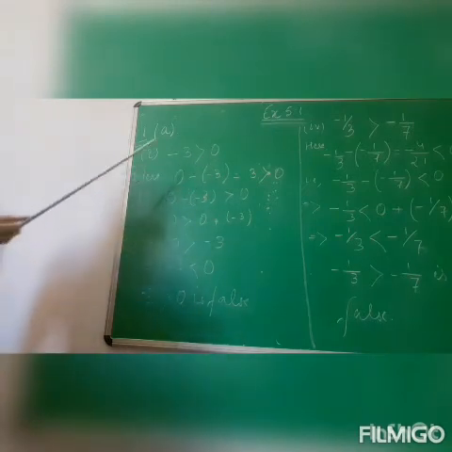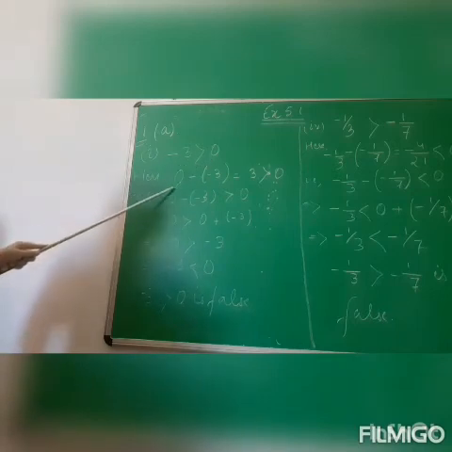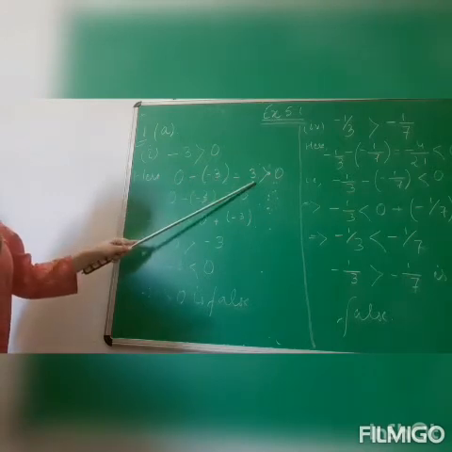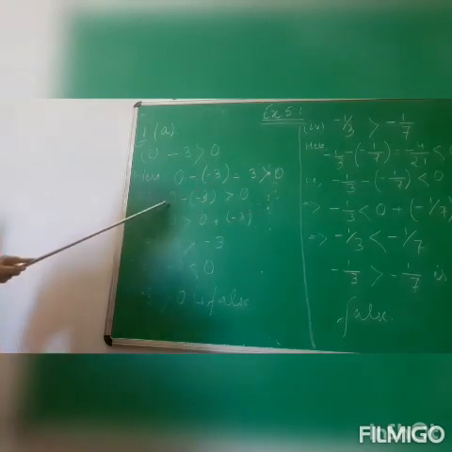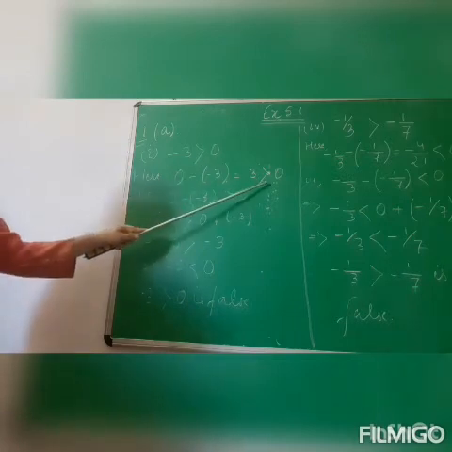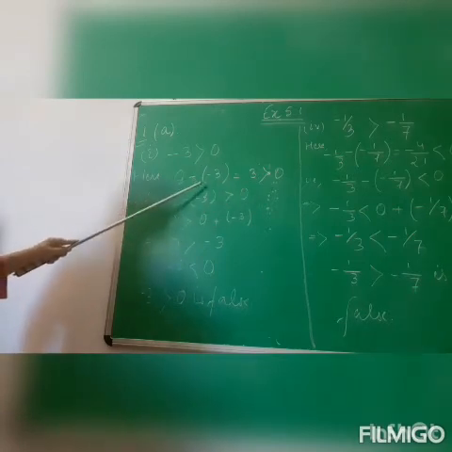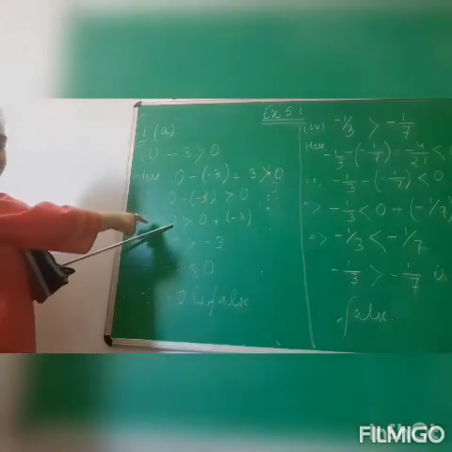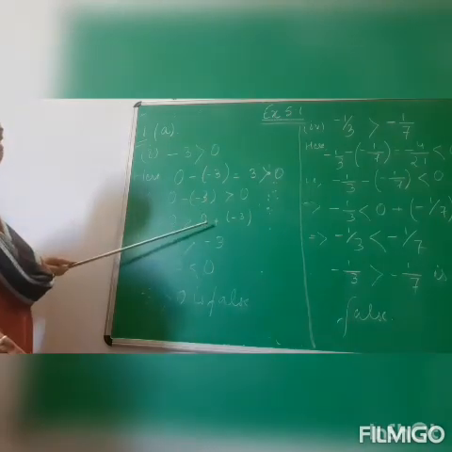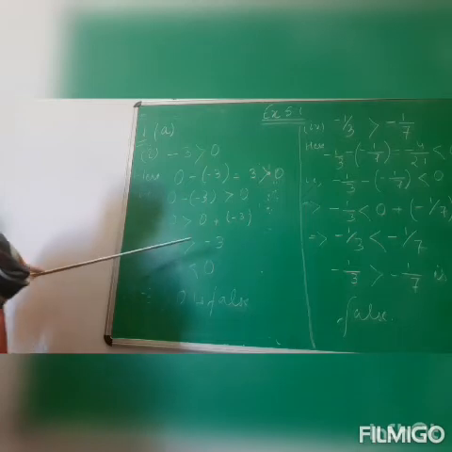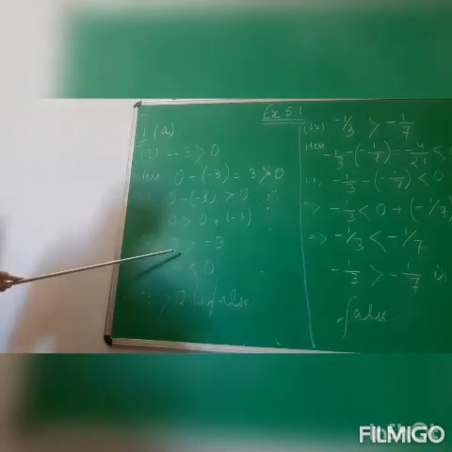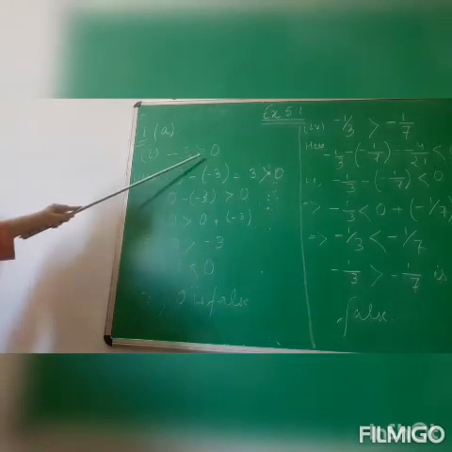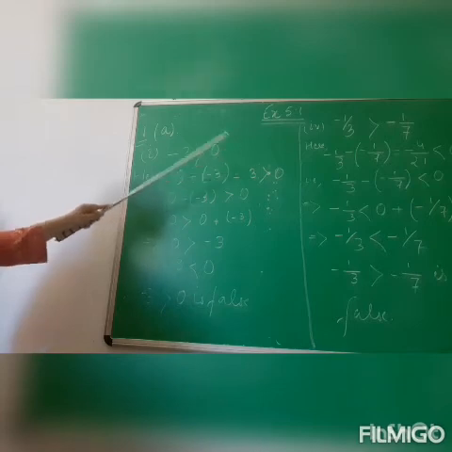That means the positive value is 0 here, 0 is greater. So 0 minus (minus 3) means 3, which is greater than 0. So 0 minus (minus 3) will be greater than 0. I have written here 0 minus (minus 3) is greater than 0. So the 0 on the left hand side, here it will be 0, greater than 0 plus (minus 3). So 0 plus minus 3 means minus 3. That means I get 0 is greater than minus 3, that is, minus 3 is less than 0. We were given minus 3 is greater than 0. So minus 3 is greater than 0 is a false statement.